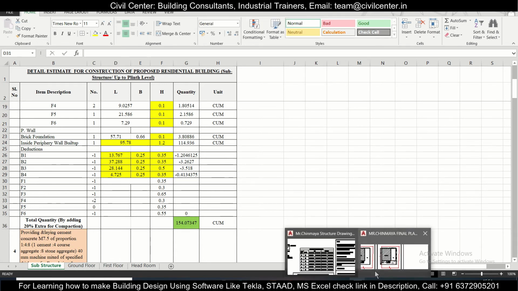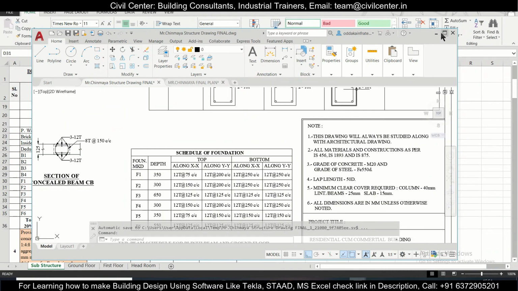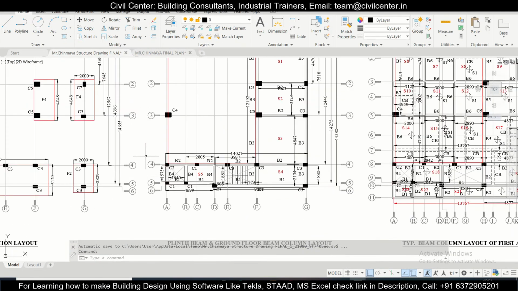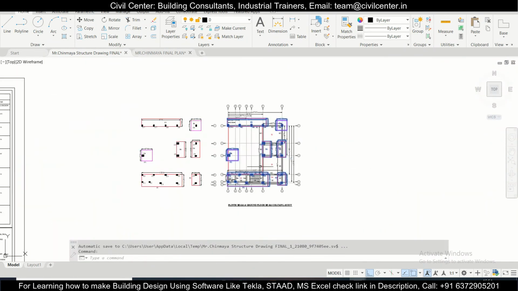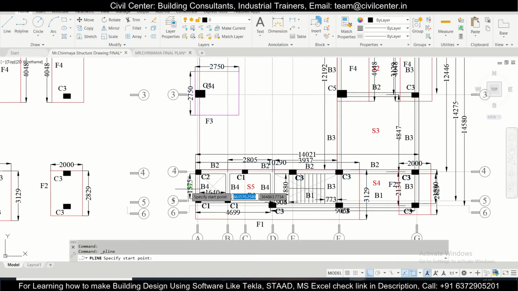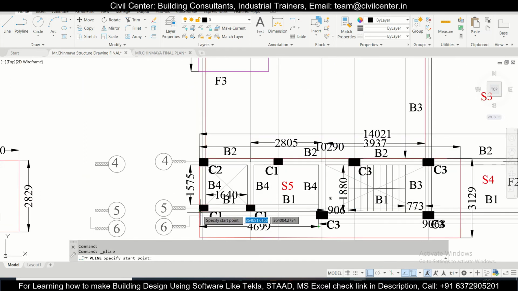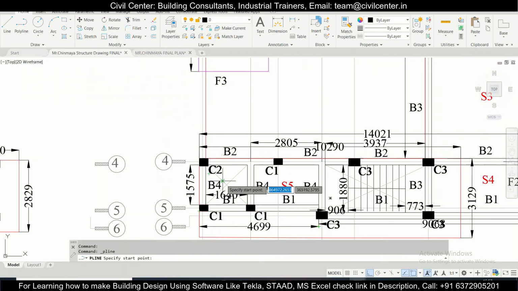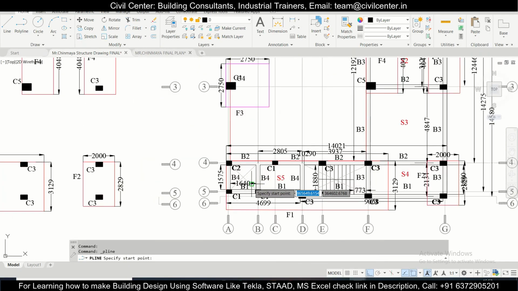So now we can open the CAD file here, and we can simply calculate the area here. We'll take a polyline, and we're calculating the portion inside the footing here.